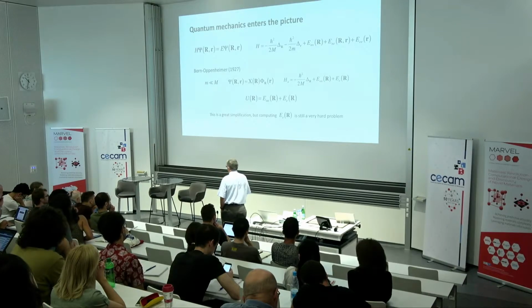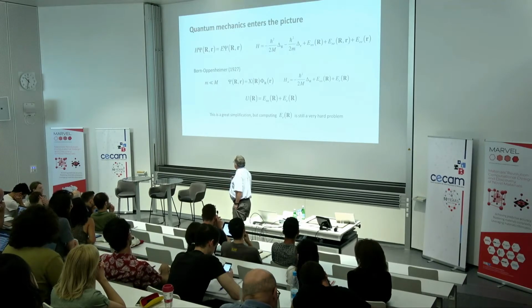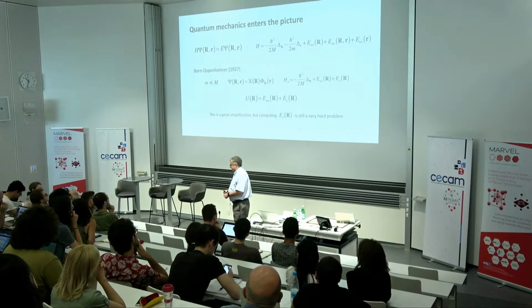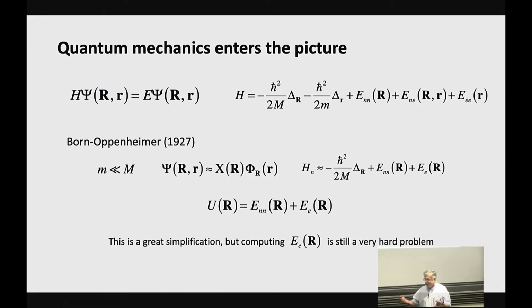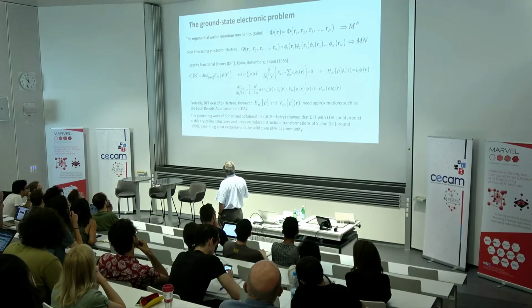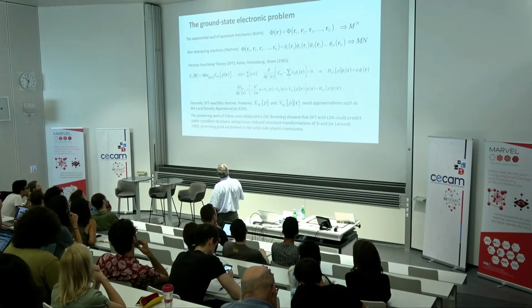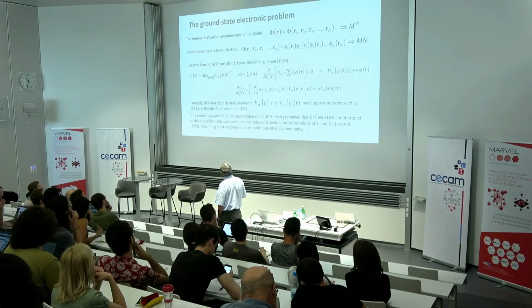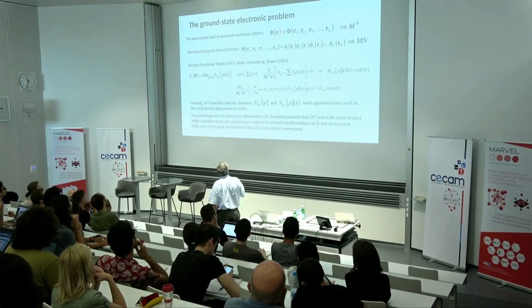And in fact, at the time when Born and Oppenheimer wrote their paper, one could do that only with enormous approximation and for a molecular dimer perhaps, hydrogen H2 molecules. So the ground state electronic problem is a very hard problem, and I use here the words of Walter Kohn in his Nobel address. He called the difficulty of that problem the exponential wall of quantum mechanics, and essentially it can be illustrated very simply.